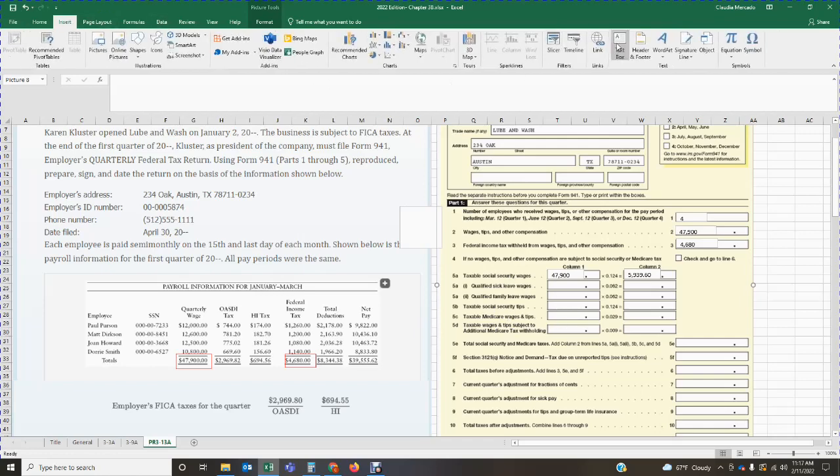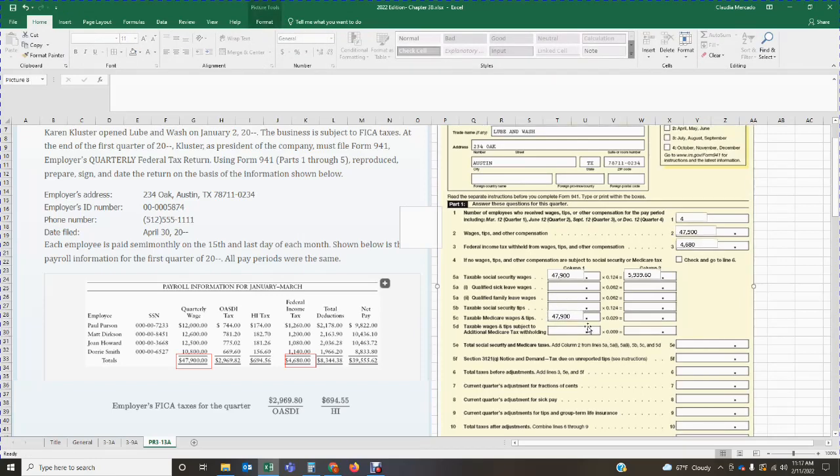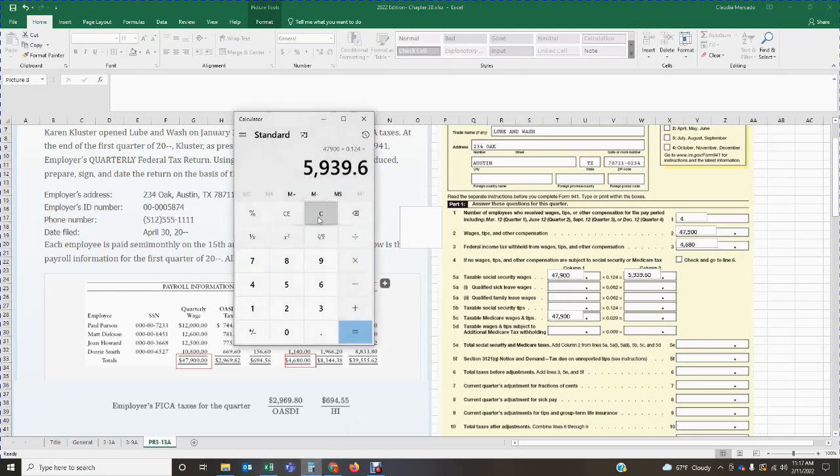So, I'm going to get a text box and enter on my 5C line item the 47,900. Okay, and I'm going to multiply that 47,900 times my rate of 0.029, and that gives me 1,389.10. Okay,